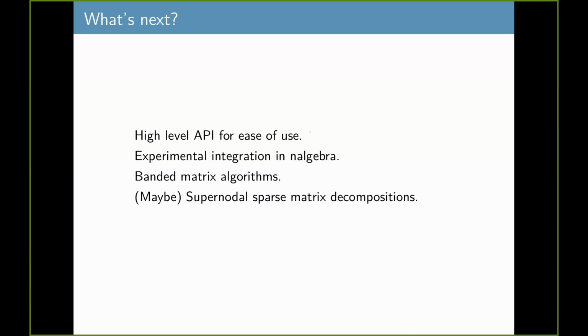For sparse matrices, I'm not yet sure about how to design the API. I've heard good things about MATLAB, for example, and my plan is to take a look into how they do things, and ideally try to do something that is similar to that, since as far as I know, MATLAB is the standard for sparse